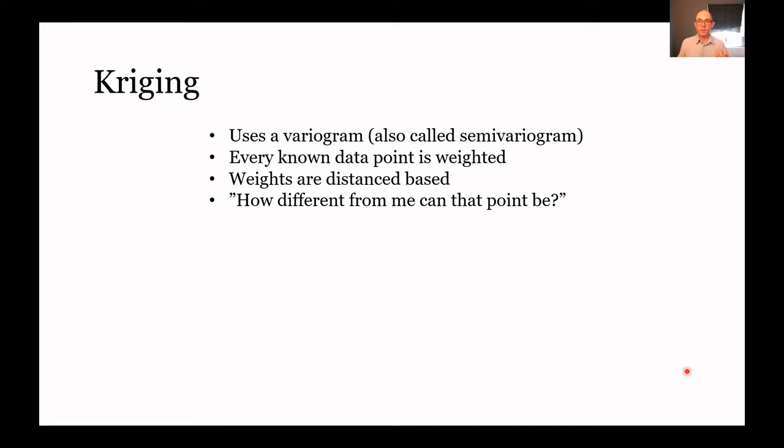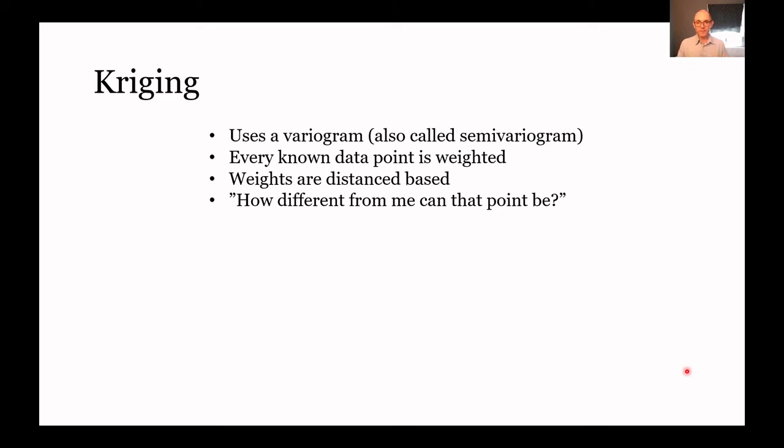This method also relies on all the data. In the previous example with inverse distance weighting, we said quite often we will define an area of interest for us. Don't look beyond this area, but all the data within it is of interest. Whereas Kriging typically will use all available data because it requires a lot of data. This is also where we come to one of the downsides of Kriging as well. But the basic concept of it is